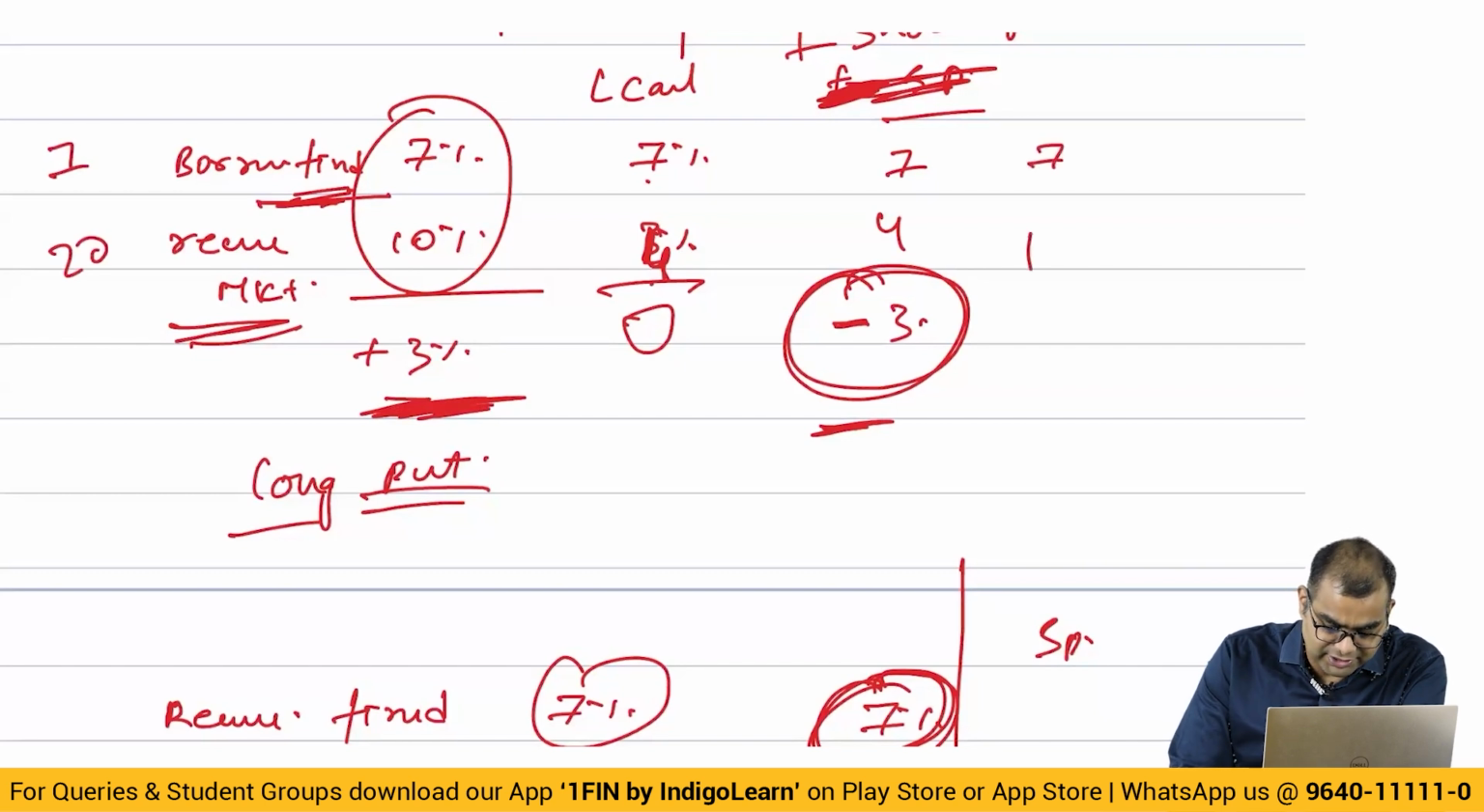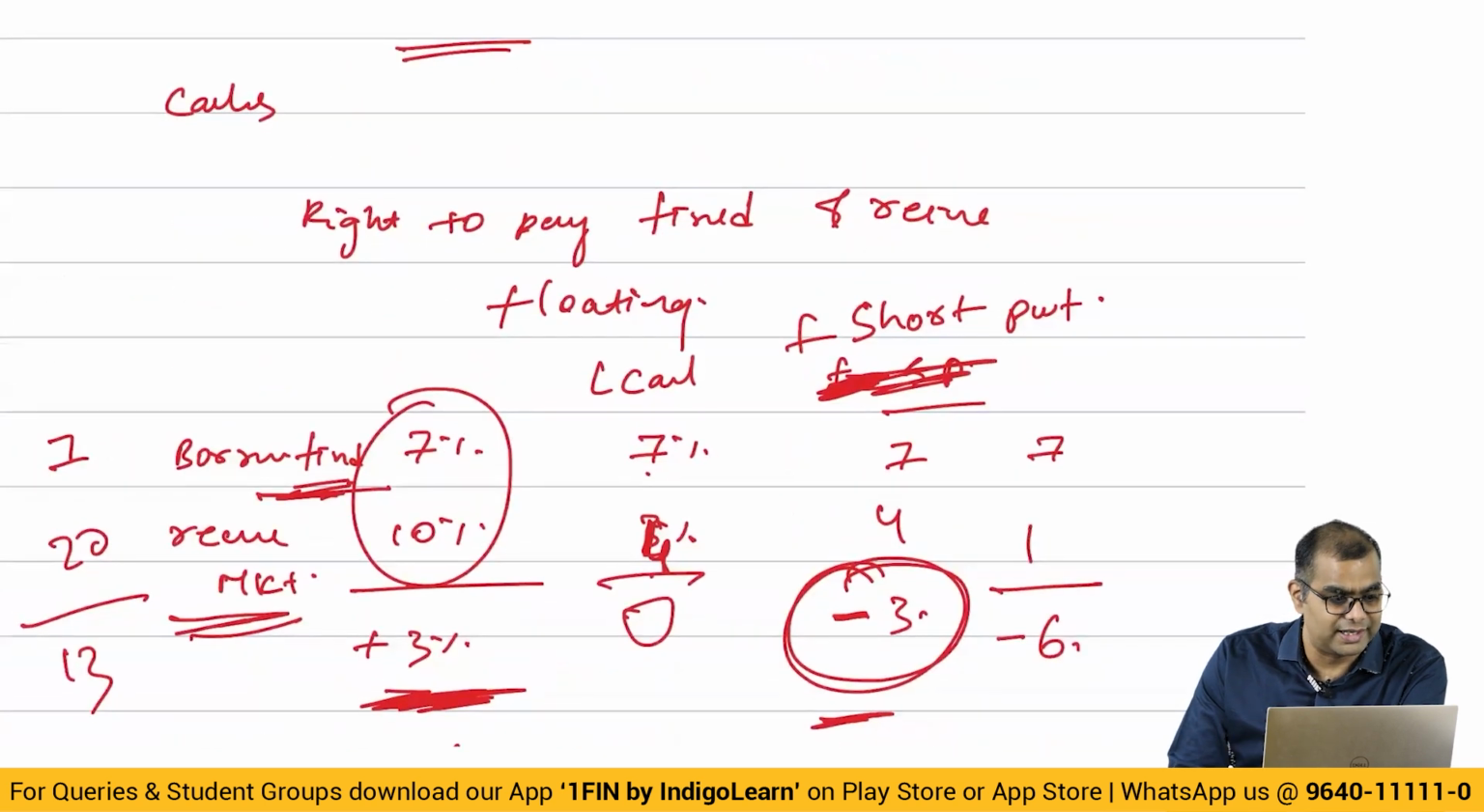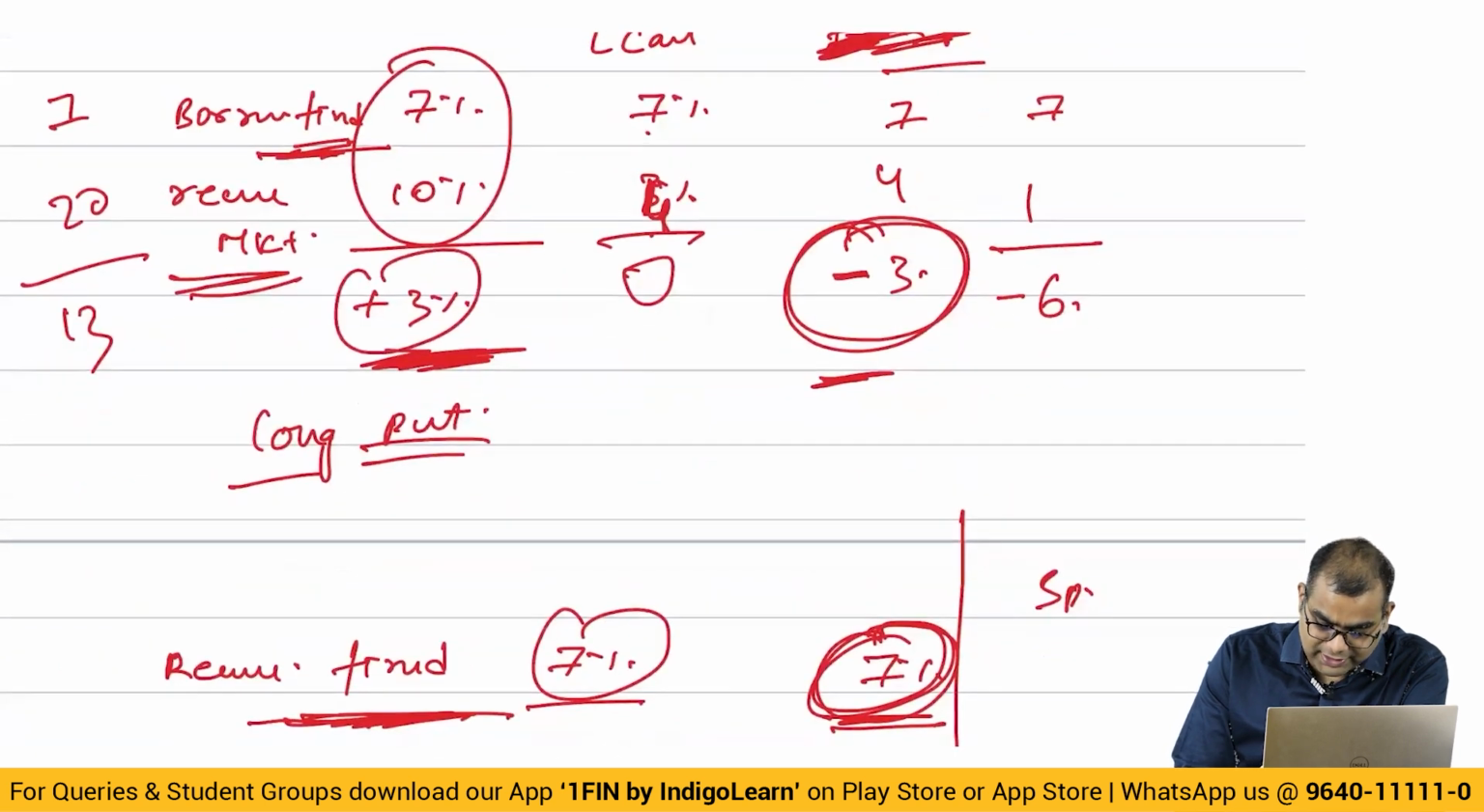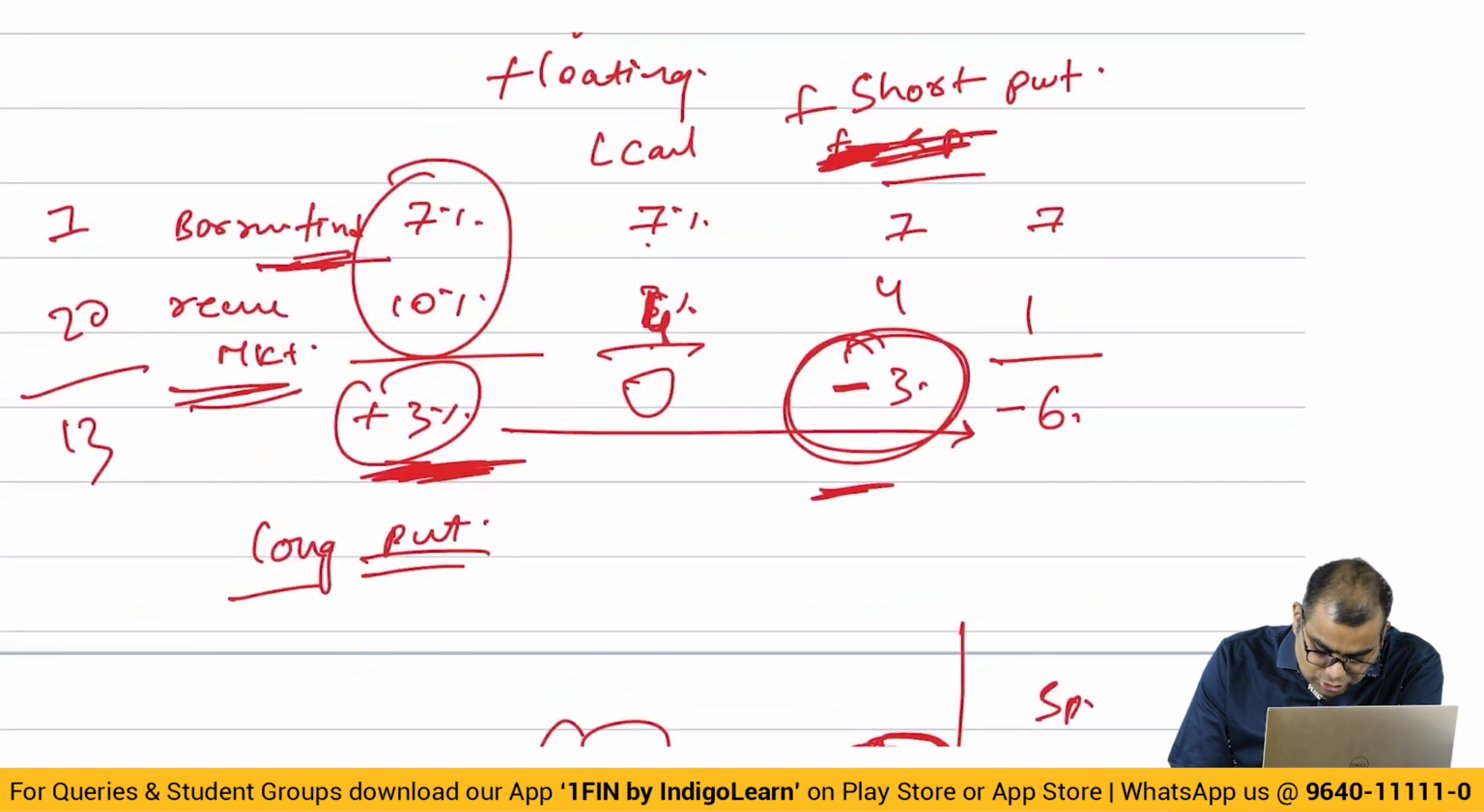What will happen in this 7 and 20? Here you will make a gain of 13. Here you will make a loss of 6. So what is happening? An FRA is what? An FRA is, I have a right to borrow at a predetermined rate, irrespective of what the market rate is. So what will happen here? A combination of these two will ensure that you